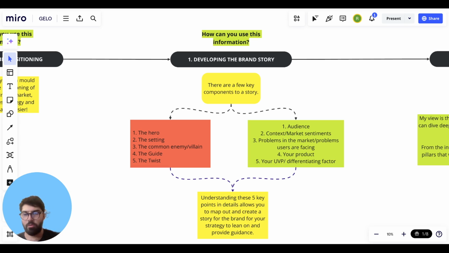So obviously, your guidance has to be somewhat unique for them to want to listen to you. So what is your UVP and differentiating factor? How can we include that in your brand narrative? So these 5 things are the framework. These are the core components of a brand story and a brand narrative. And with the context, we can put these together and create variations and decide, okay, this is the narrative that we want to run with. But this is a very good framework for doing so.